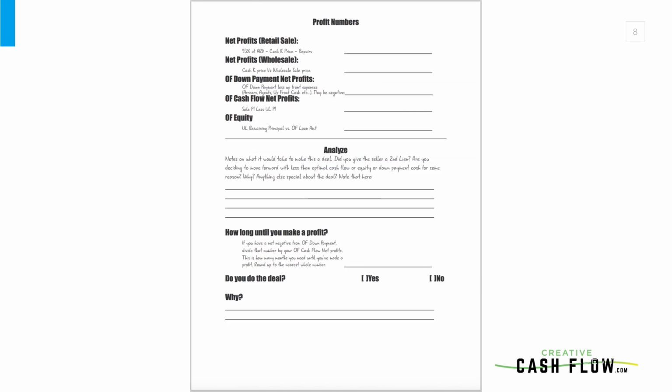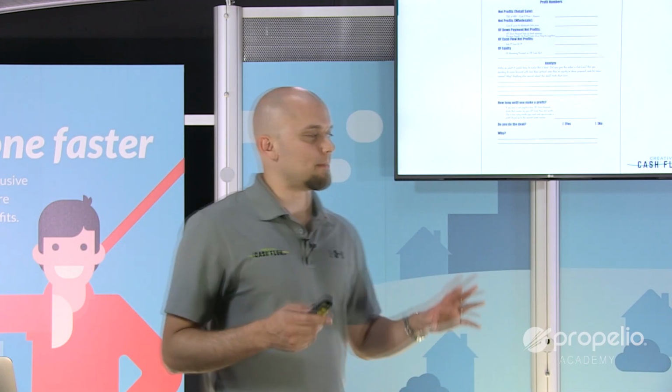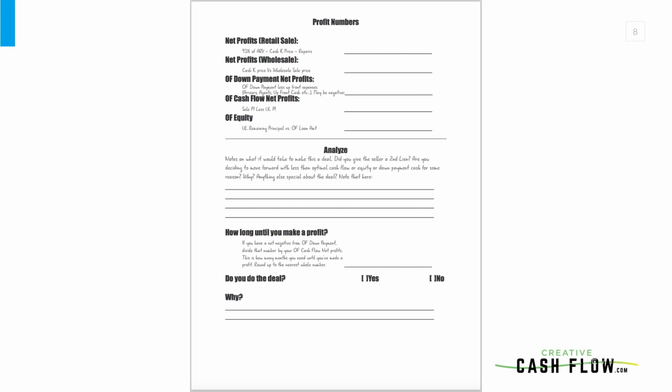Now we start talking about our profits. Well, what would our net profits be if we sold this house retail? In our case, we're probably not going to be able to do that, but let's just look. I typically say run 93% of the ARV, and that's what you should be walking away with from the closing table, roundabout. Now, those of you who are newer in the business and might not have connections where you can get away with some discounts, you might want to run it at 90%. Be safe, because Joe Schmo is typically walking away with 90% of the sales price